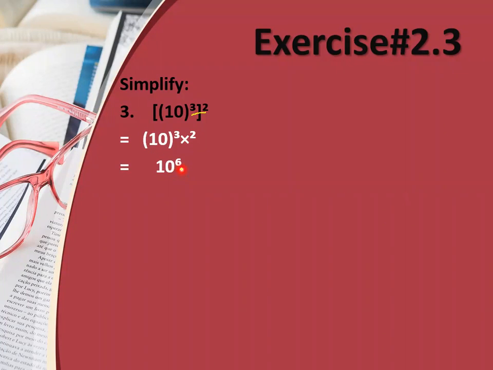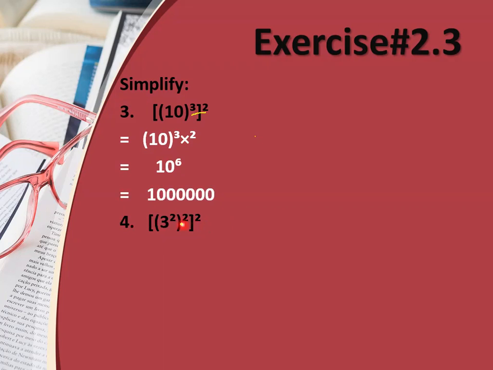Now I think Faliha is asking whether we have to multiply it. If it is easier for you, you can multiply it, otherwise there is no need to. Here, 10 raised to the power 6 means how many 0s will be added? 6 zeros. So simply I can solve it here. But in the last question, you have 5 raised to the power 14. Obviously the answer will be too big and it will take a lot of time, so you can stop there. But you have to convert the sign of minus into the sign of plus. That is a must.